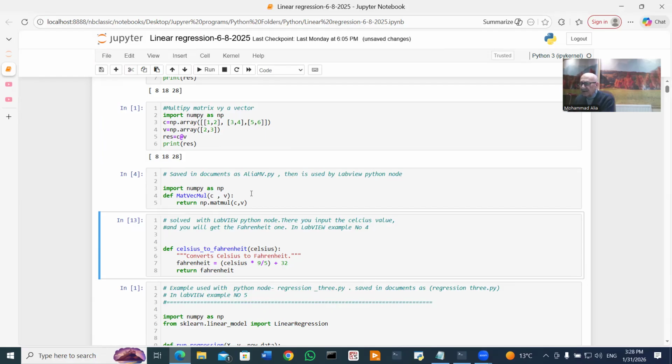Nothing you get here. But this program now will be saved in the computer somewhere adequate for you, and the path of this code will be given or fixed to the Python node. So if you go to the Python node now,